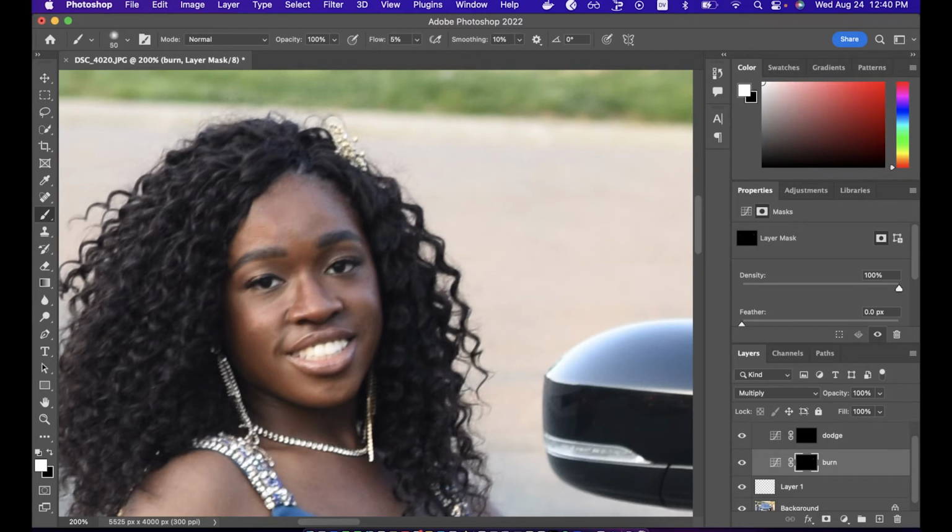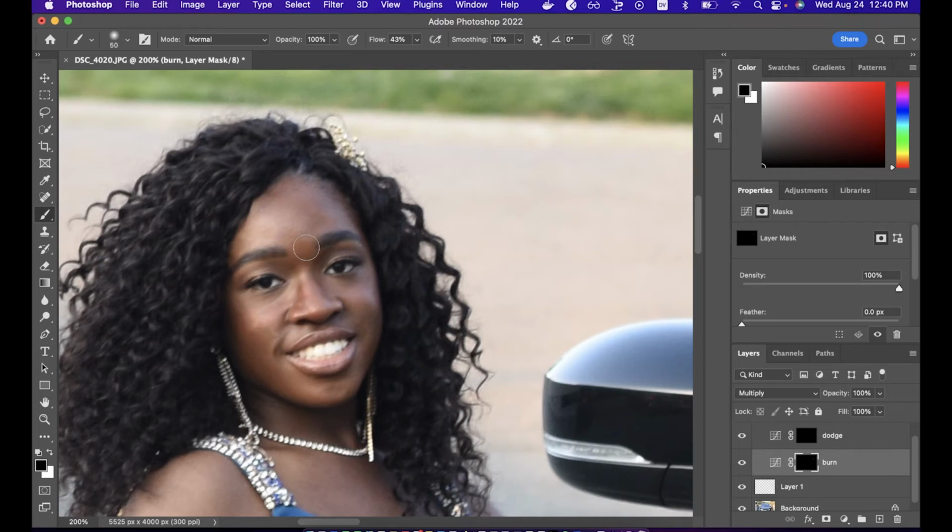I'm going to make my brush a little bit bigger here. And again, it will never go past 100% flow, but every time I darken it, slowly, I do that. And again, I don't like how this forehead region turned out. I may have to increase the flow, or I may have to Control Z a little bit just to get back my changes. What I may do is press X for black, and work on this again. So now I'm dimming the mask again, or bringing the mask backwards